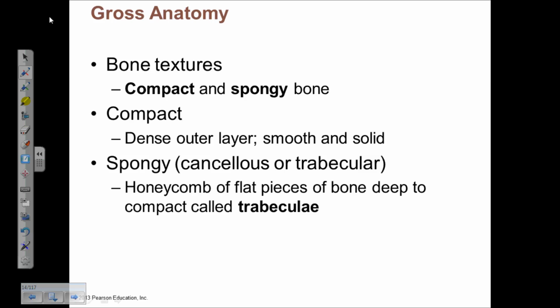So we can talk about the bones on three levels: the level of the gross anatomy, the microscopic level, and the chemical level. So on the gross anatomy level,